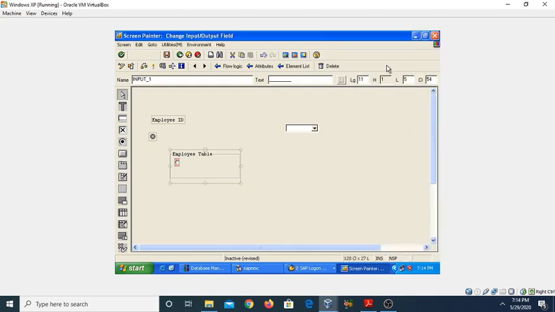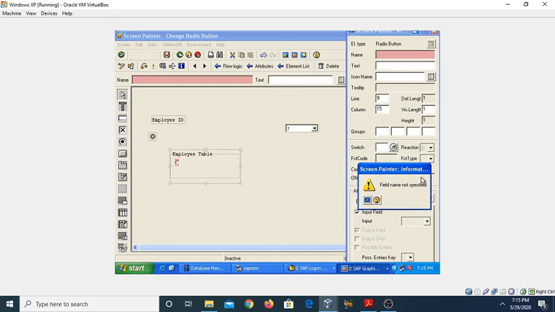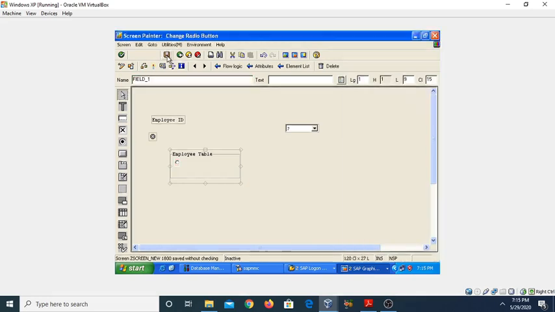Just close it and then click on the save button and then compile it. We have not specified the field name here, so we need to specify the field name. Here I am specifying field underscore 1, and then click on save, check for the errors and then activate it.